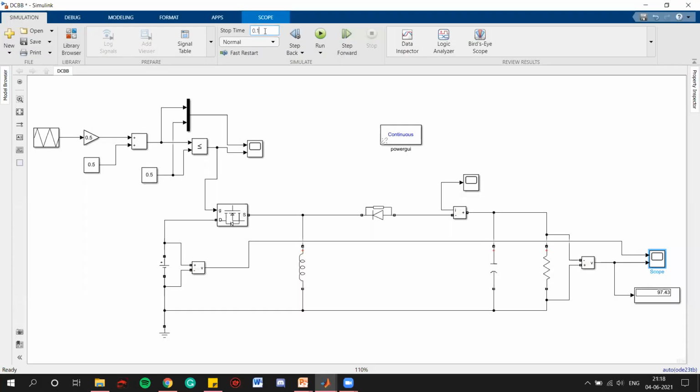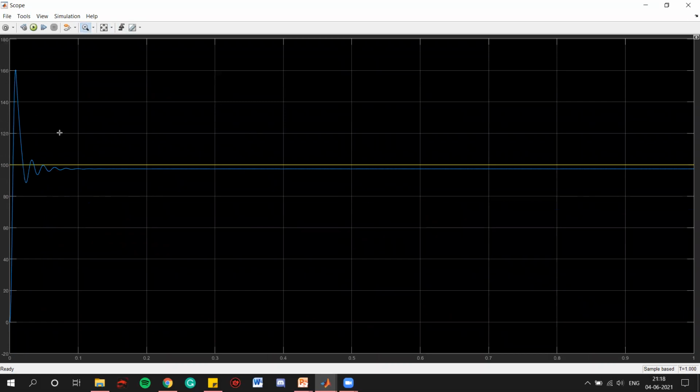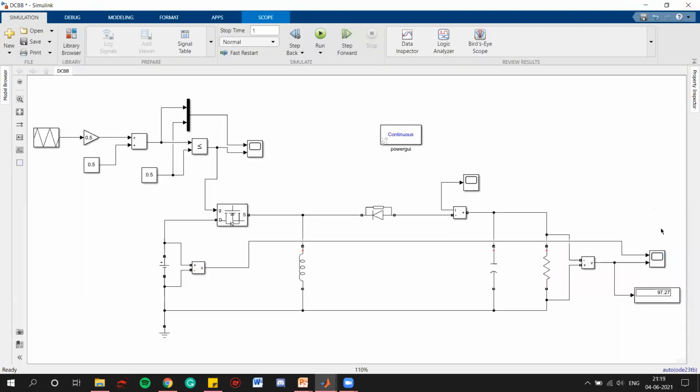If we run this for 1 second, for example, which is a long period for a converter, then we can see that after some time we are getting a constant output, right? Near about 97, 97.27.